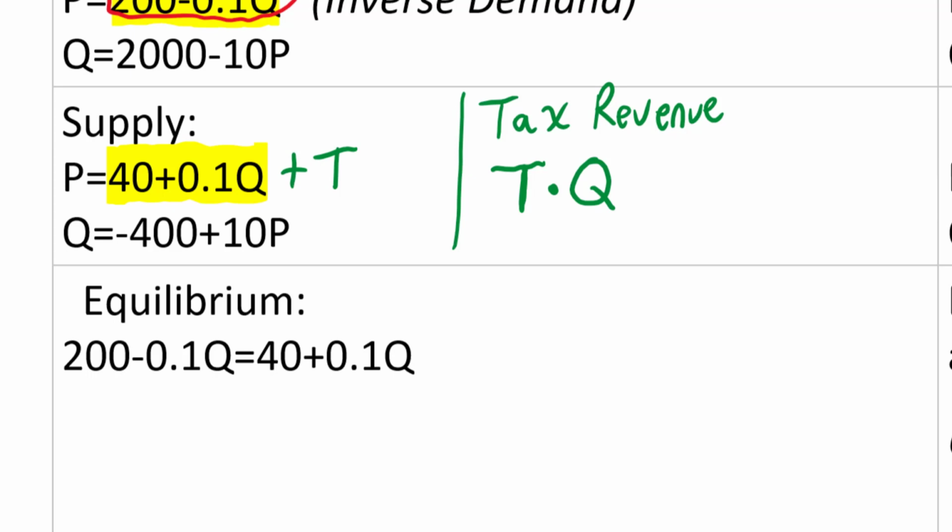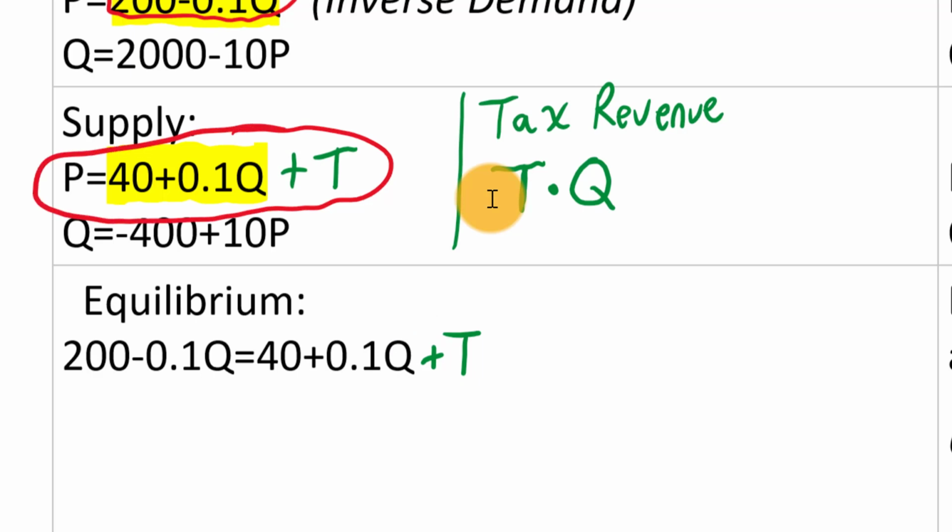So if we wanted to solve this equation here for the equilibrium quantity, and equilibrium quantity is something we're going to want to know because we're going to be multiplying that times T in order to figure out the level of the tax revenue, then what we want to do is just over here add the T, right? Because that's what we have in this supply equation. When there's a tax added on the producer, we have to add in that T. And so that just changes the equations we need to solve to these two. So let's go through and solve those equations and see what this function for Q is going to be.